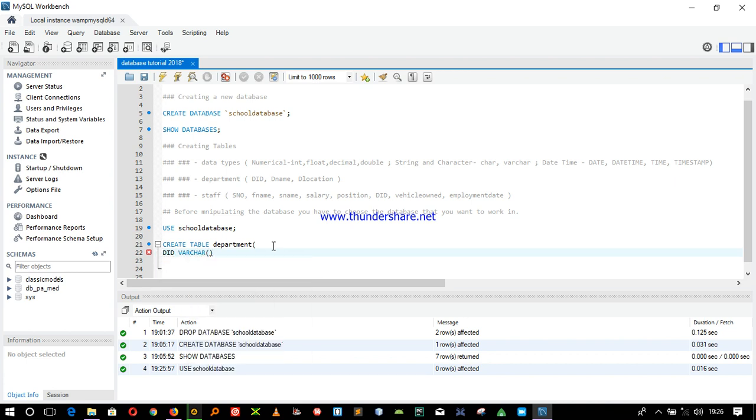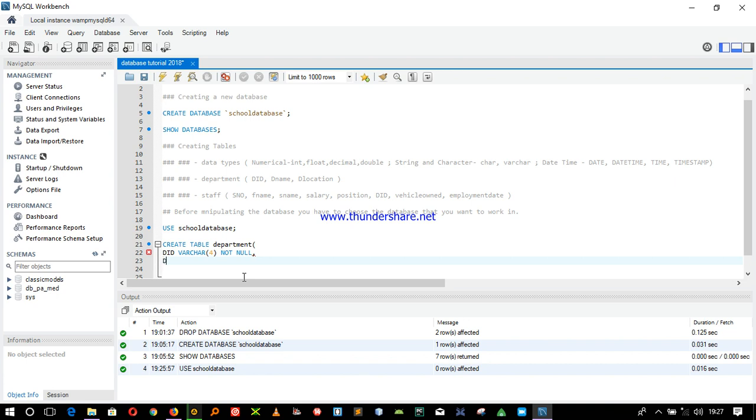So this is a variable character, and we can give it the maximum number. When you say varchar 4, it means everything that is going to be entered under DID should contain up to a maximum of 4 characters. When there are more than 4 characters, the database will give you an error, right? We are going to cover something like that. Then we don't want this DID to be null, or any record of a department without a DID. So we make it a not null.